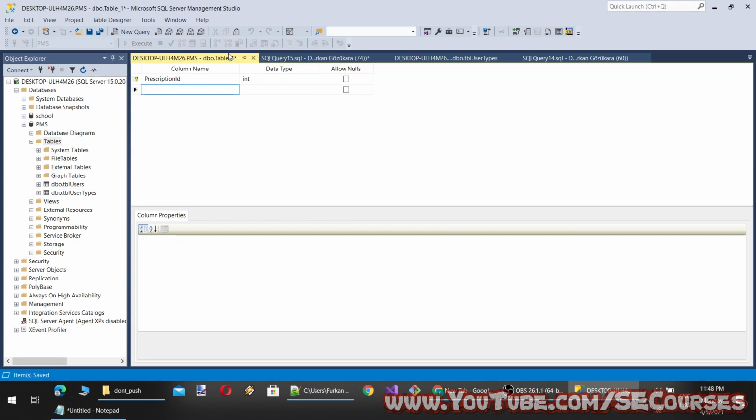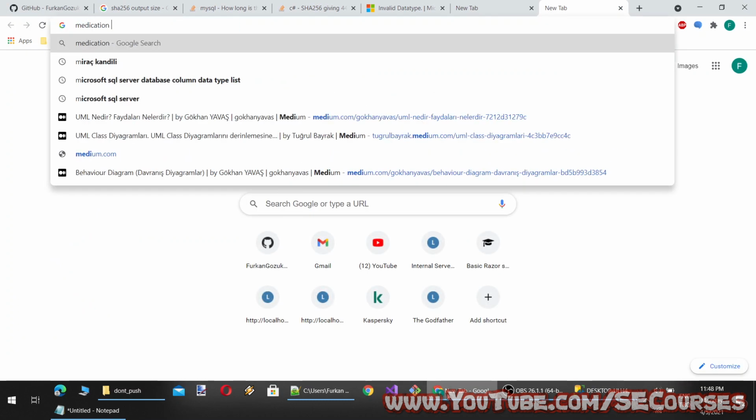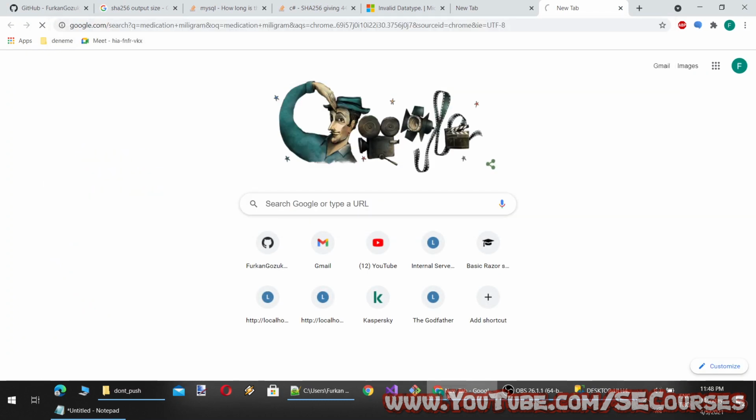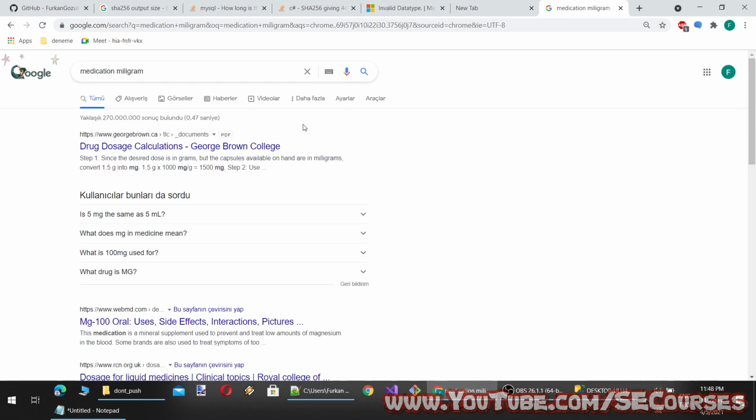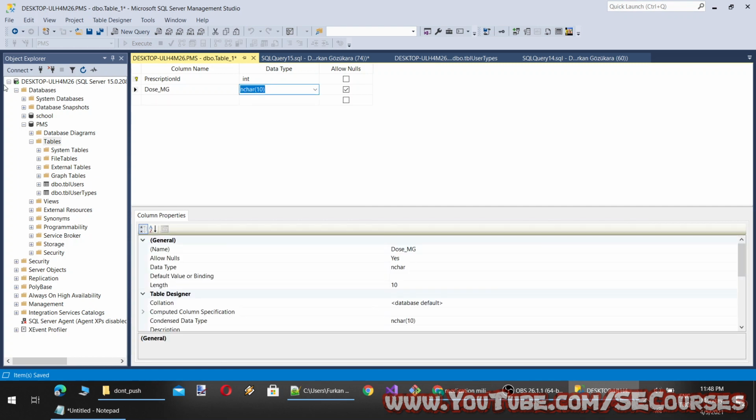Okay, medication, how is it? Okay, drug dose. Yeah, let's call it dose milligram. And since it will be a milligram, how much milligram? Yeah, smallint should be sufficient.